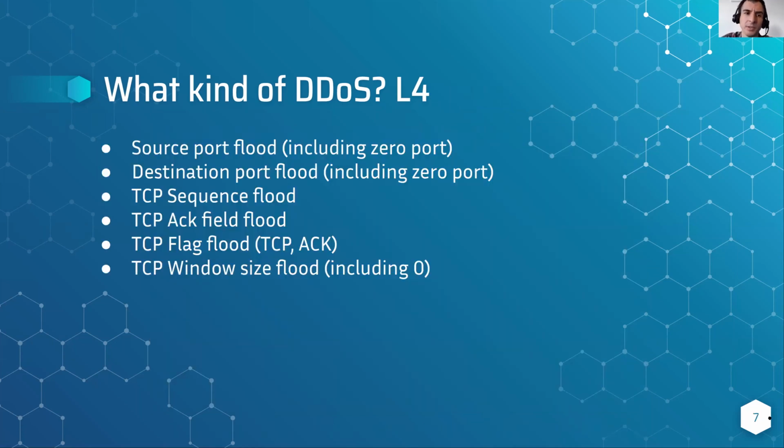So, briefly from level 4, we may have source port attacks, when the port is just randomized or set to 0, and the destination port is also often randomized, and TCP sequence and all kinds of misuse of TCP flags. So that's the topic we are talking about from a DDoS perspective. In this case, we are not going to talk about sophisticated attacks on some endpoint exposed by web servers. No. We are talking about L3, L4. That's all we want to talk about.